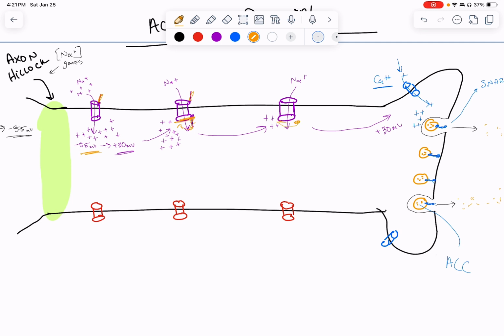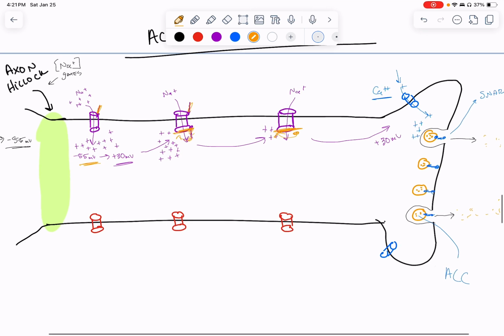It kind of works on a timer. At least that's the way it was described to me. That sort of made sense. The second the voltage is reached in order for it to open, the other one starts to slowly close. And now slowly is relative. It closes very fast, but relative to the movement of the signals, it just slowly will close behind it, and it'll stop this influx of